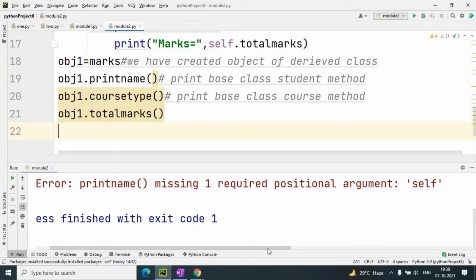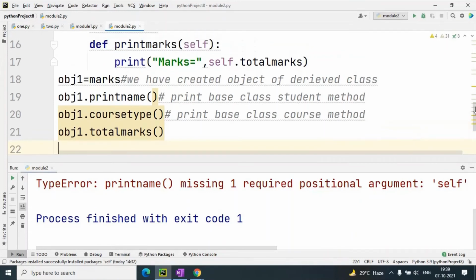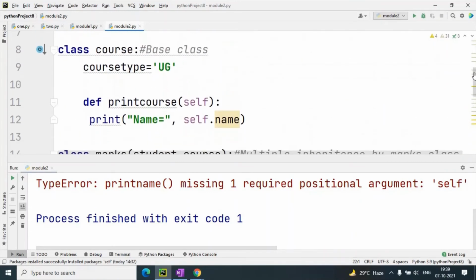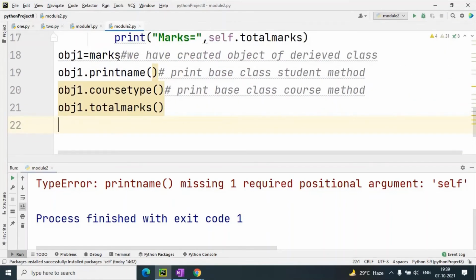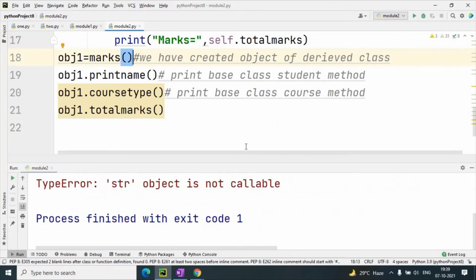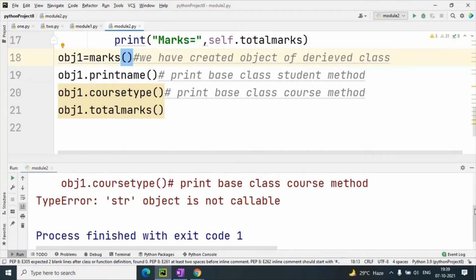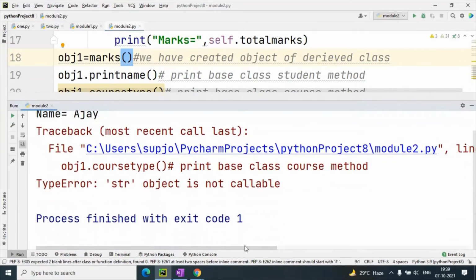Print name is missing one required positional argument self. Okay, because we have not given parenthesis here, so str object is not callable. This error comes. What type of error is coming? Line 20, obj1 dot course type print base class course method type error str object is not callable.